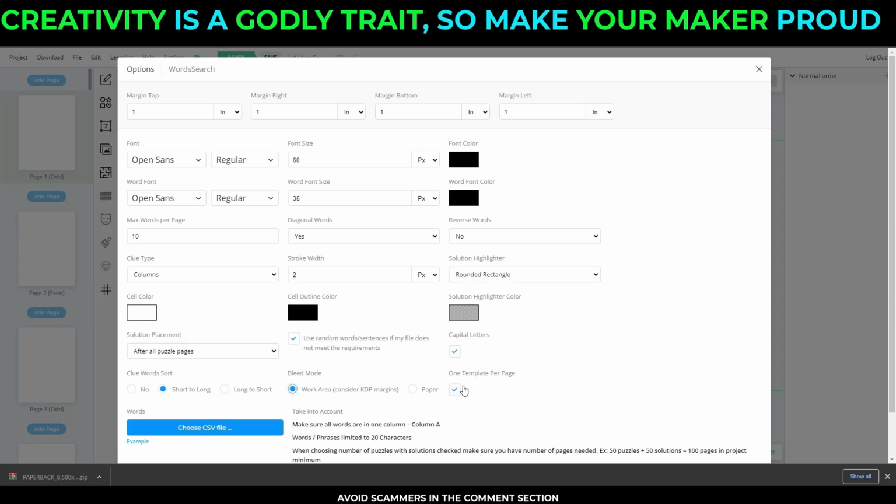Then 1 template per page. Now 1 template per page means these 10 words will be contained in 1 page. That's the word puzzle will be contained in 1 page. Now once you've done all that, the next thing you need to do is to scroll down a bit and